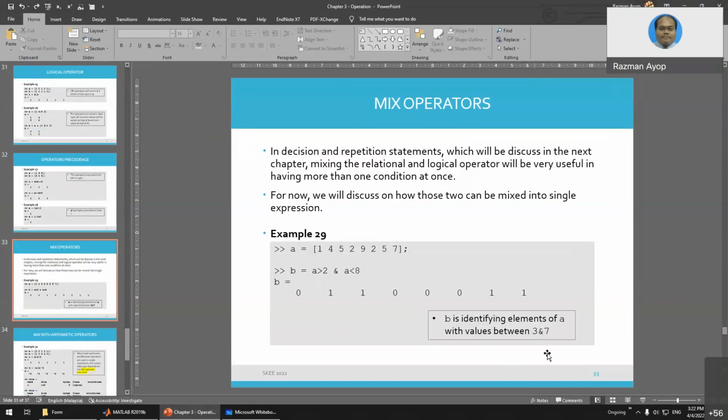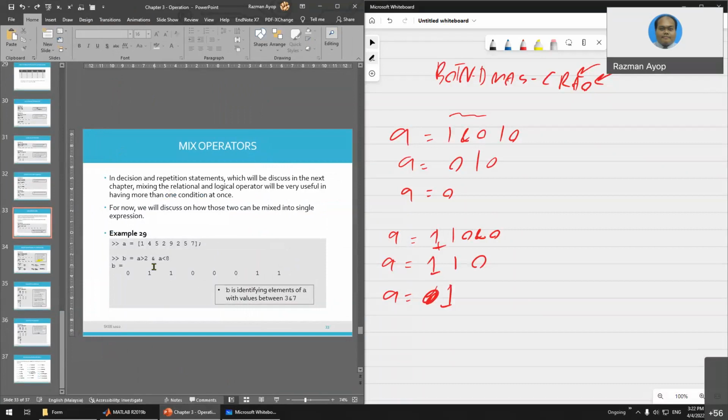So, okay, this one is the mixed operation. This one is a bit confusing. So for this case, of course, you have to follow this rule. Follow this rule. So for this case, you can see here, you have N and relational. So you have to solve the relational first, and then you have to solve